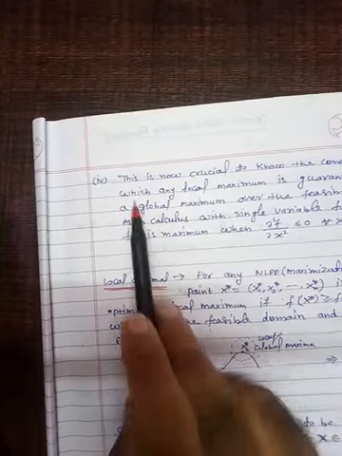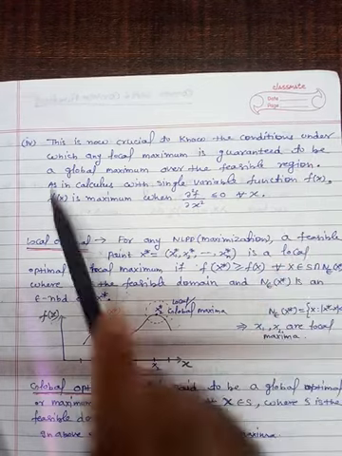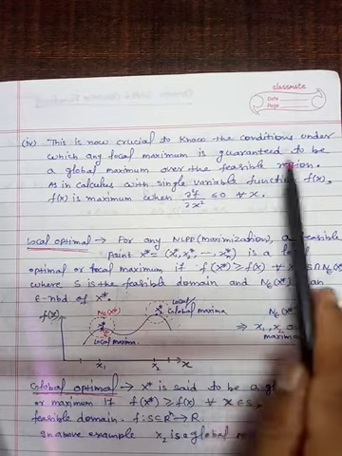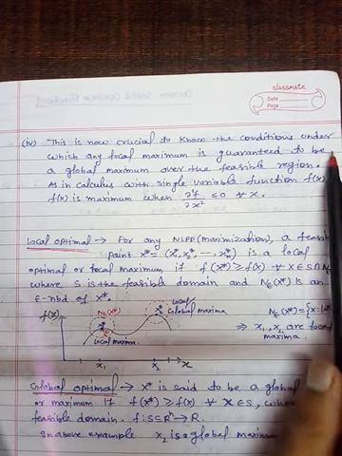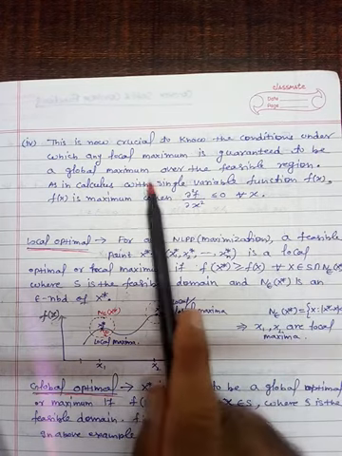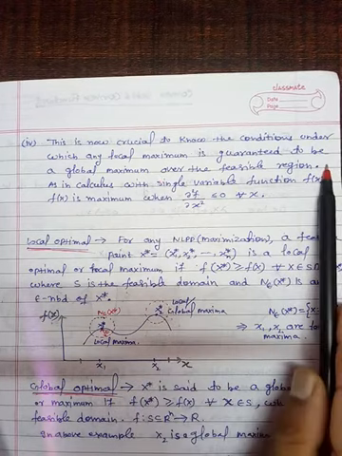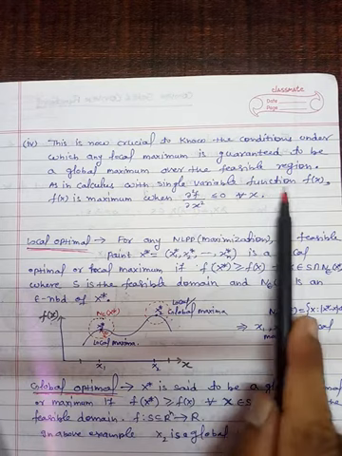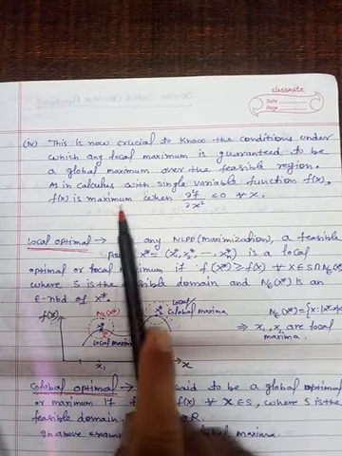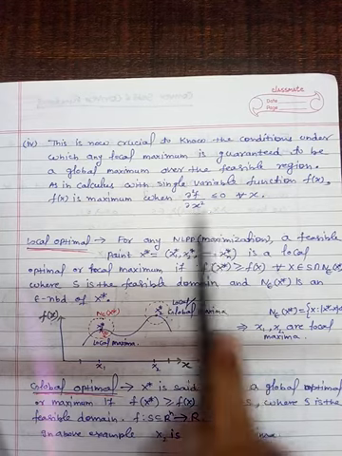Here this is now crucial to know the condition under which any local maxima is guaranteed to be a global maxima. ये क्रूशियल है कि कोई कंडीशन फाइंड आउट की जाए कि लोकल और ग्लोबल कैसे पता चले गारंटीडली कि वो ग्लोबल ही है over the feasible region. However in calculus, अगर आपने देखा हो, in single variable function f(x) is maximum when this second derivative निकालते हैं, अगर less than zero हो तो मैक्सिमा होता है.